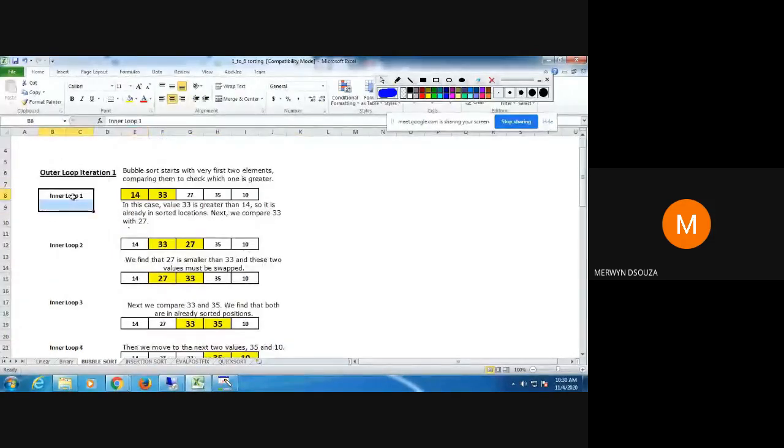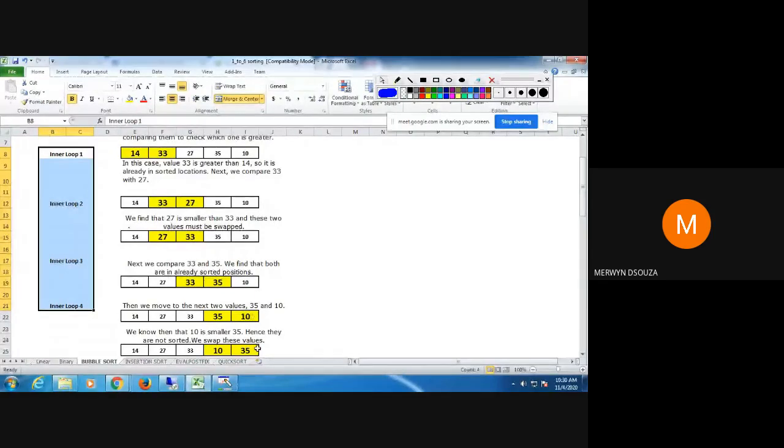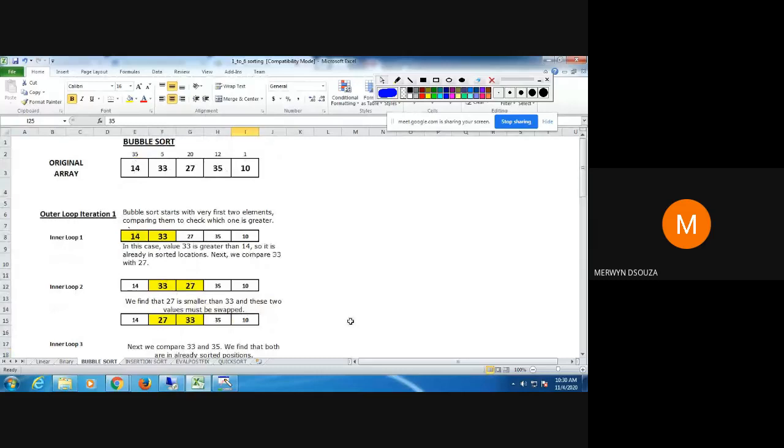You can take this array. When you do the swap, add these 4 steps. These 4 steps will reach the end, will reach here. It has to. If you are applying the bubble sort logic correctly, 35 will reach the end. Then in the second iteration, 20 will reach the second last place, because 20 is the second biggest value, and so on. So this logic will always be the same for any set of values. Or you can try, and if you still have that doubt, then we can see later in the next classes.